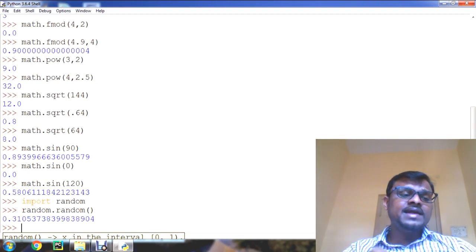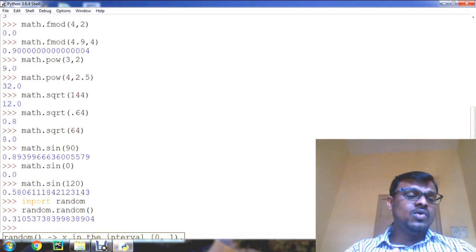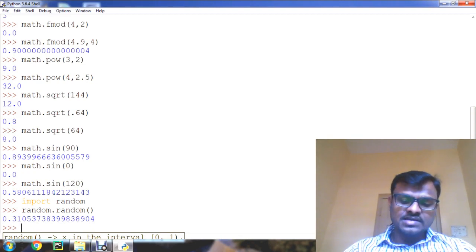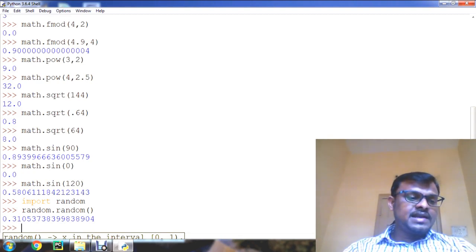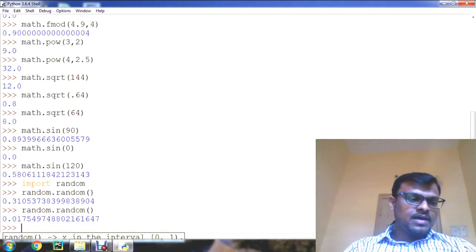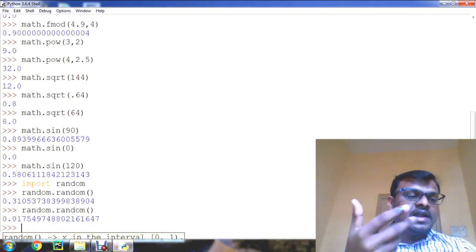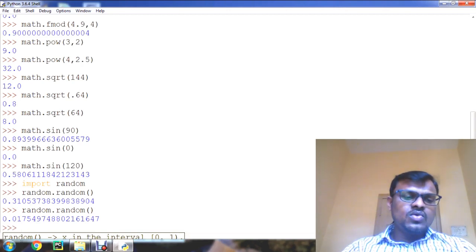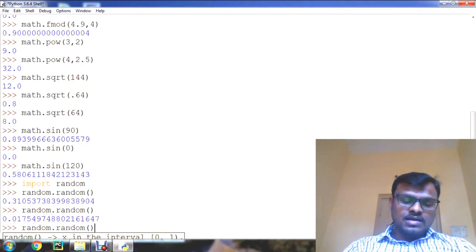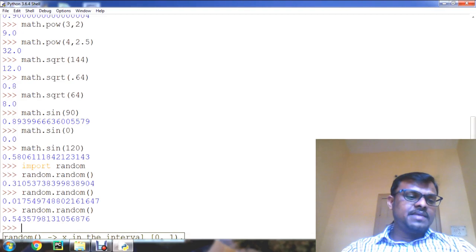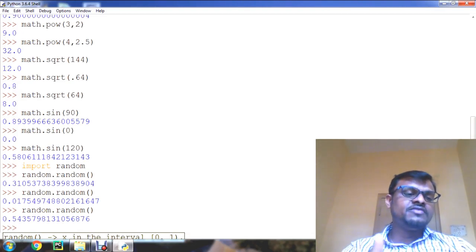It has generated 0.31. Now if I do one more time, it generates a different number, 0.01. If I do one more time, it is going to generate another number, 0.54.